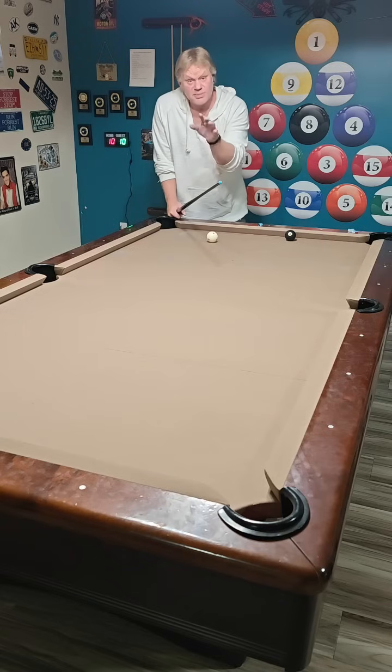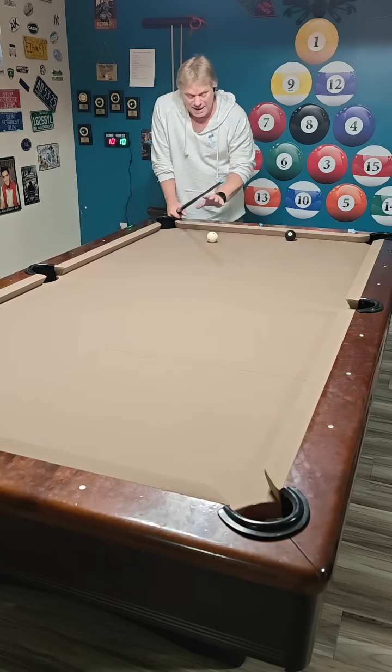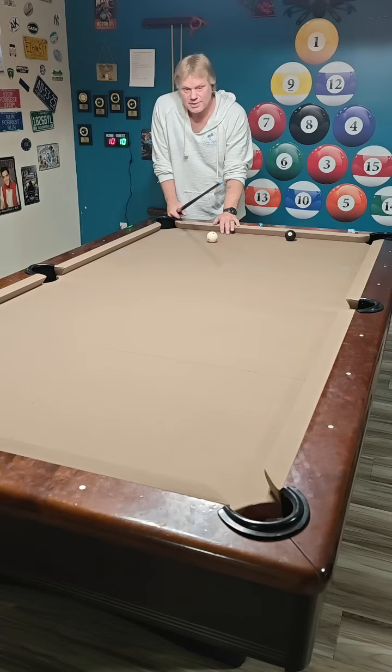I'm going to show you guys some different angles from the backside here, the shooter's perspective, okay? I'm going to show you some stop shots and some draw shots, okay? But getting low,